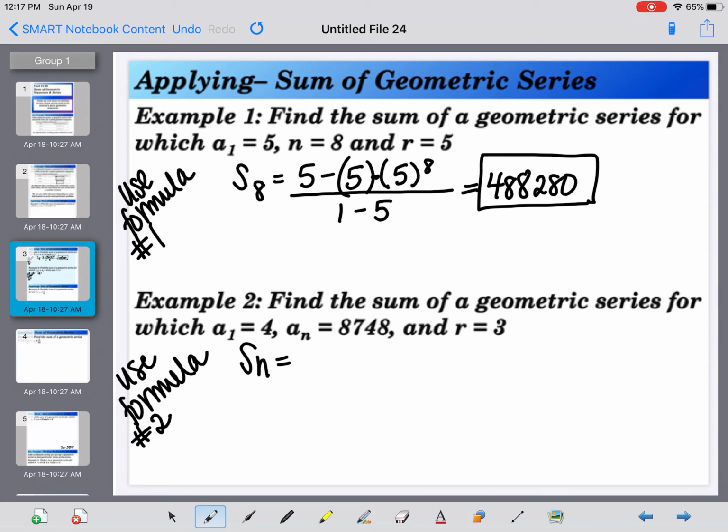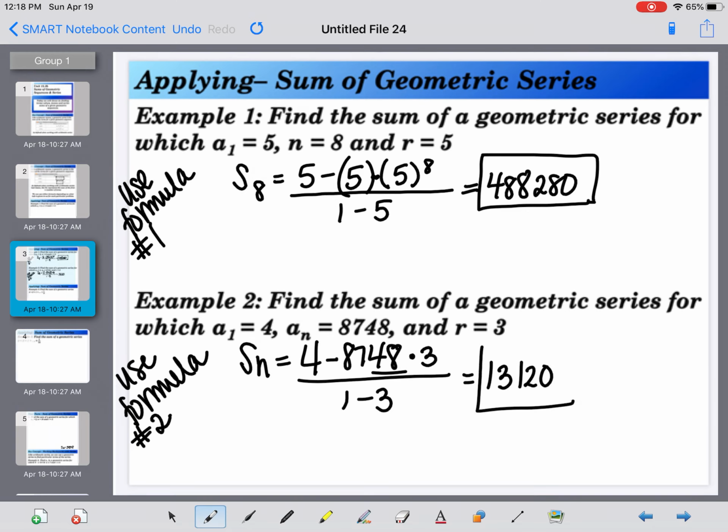Because we don't know how many terms it is, we are just going to call this sum S sub n, and that's perfectly fine. Plug it in as it shows, or just remember your order of operations. You're going to do this multiplication over here first. However you choose to do it, your sum should be